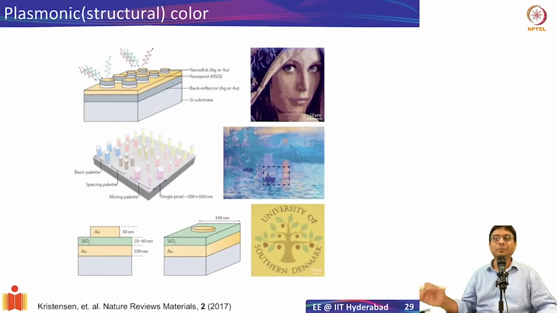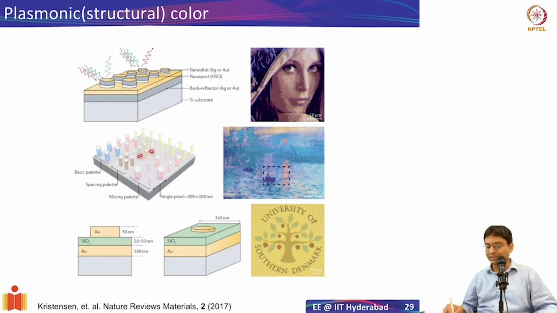There are also other ideas like plasmonic structural color. This is a very interesting application people have done. We saw initially that if you have these resonances, there are colors, but those nanoparticle sizes and all are difficult to control. But now you can have structures with predefined geometries. For example, here there is a metal disc on the top, an insulator, and then again metal, and you can have various geometries, sizes and arrangements. With that, you will get the entire color gamut.